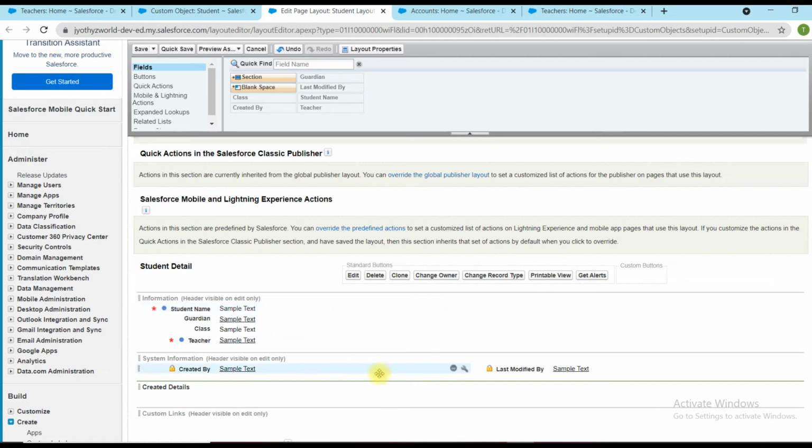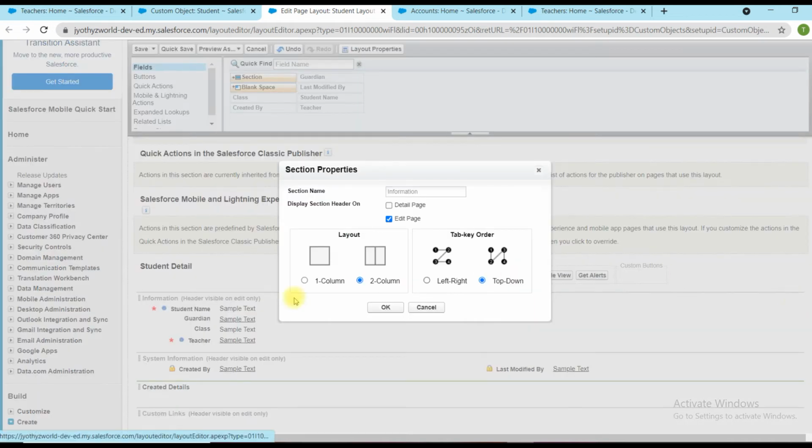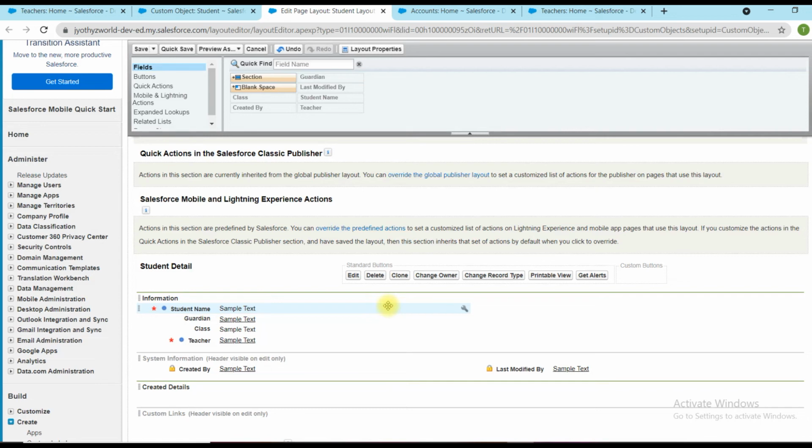Clicking on, I have search checked the two fields, that's why it is available like this. Similarly, I can edit this as well. This is the manage button. Here as well I am choosing two columns. Currently one column is available, two columns selected, and it's available for the detail page as well. Then click on OK button.